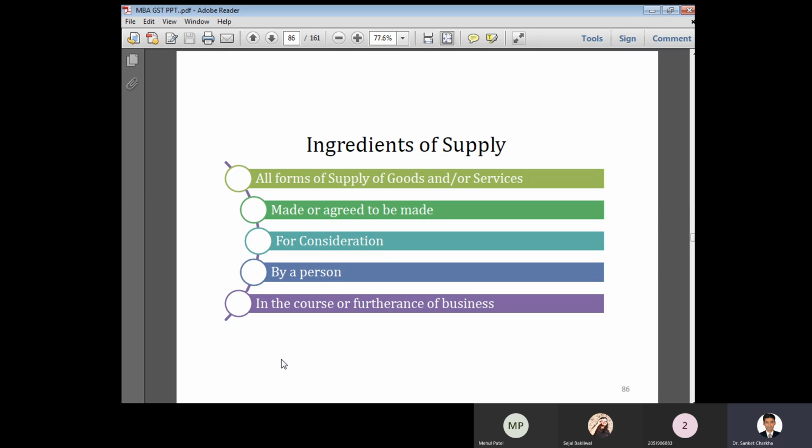This activity may be conducted at the present place or at a certain future place. What type of activity you are conducting, and the duration of that respective activity, all these things you have to identify, and accordingly conduct the business activities. So this is the major consideration with respect to the ingredients of supply.